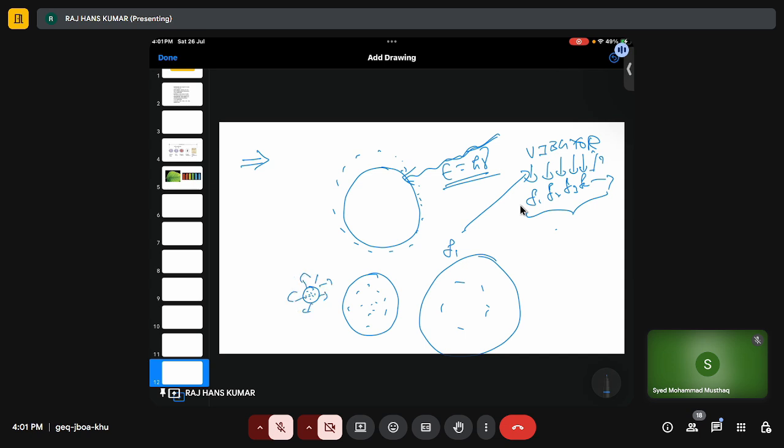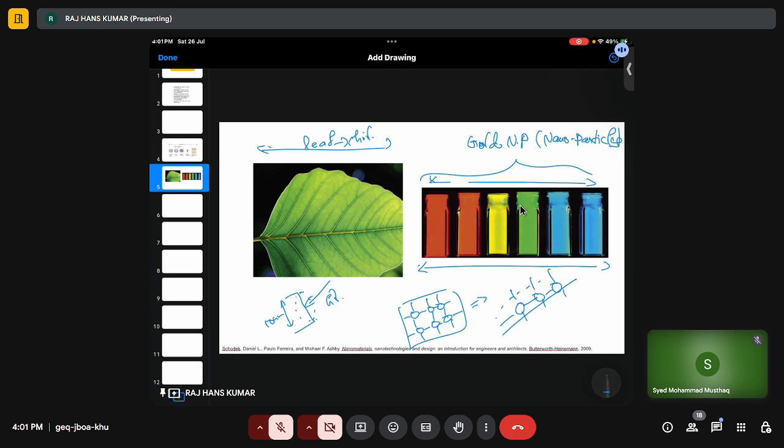If there are more free electrons, then there are more oscillations, and these oscillations have a particular frequency. So it all depends upon what frequency these electrons are oscillating. If they are oscillating at F1 or F2 or F3 or F4, if they are oscillating at F1, then they emit violet color. So the same goes for here. The gold nanoparticle, everything is a gold nanoparticle, but the size is different. And because of the size difference,